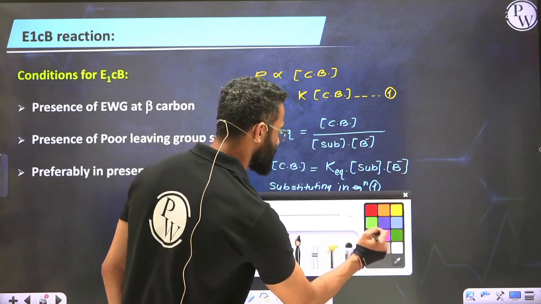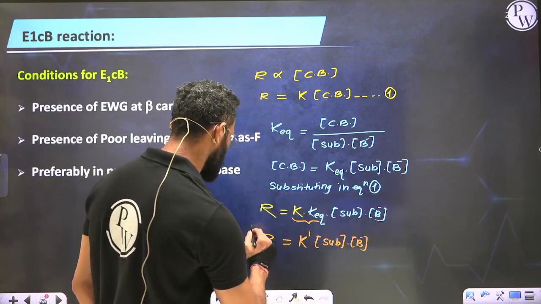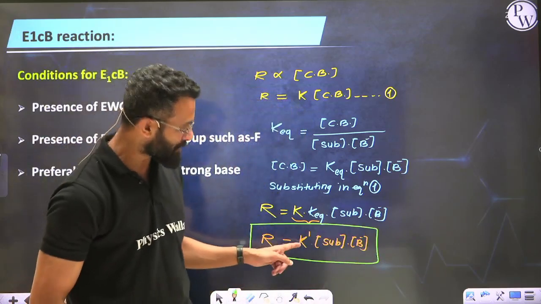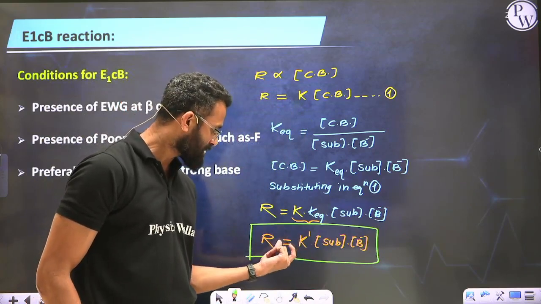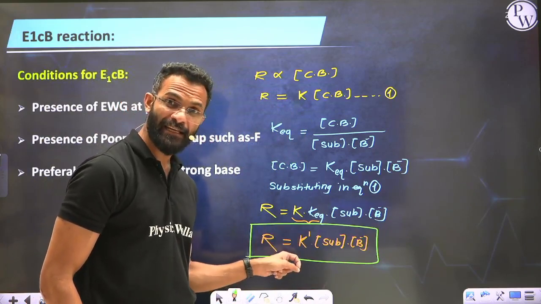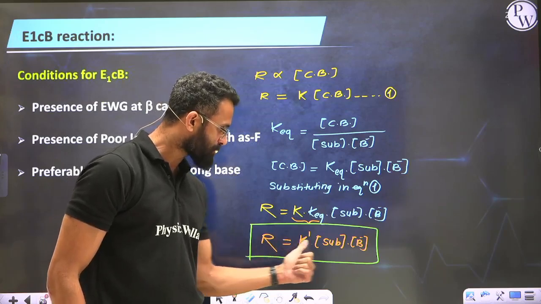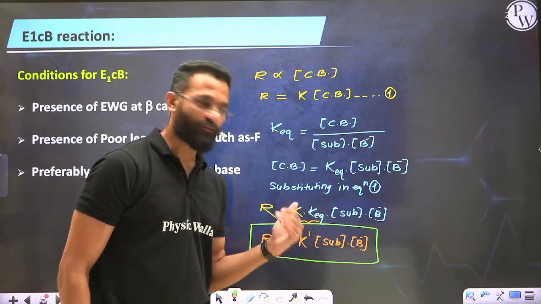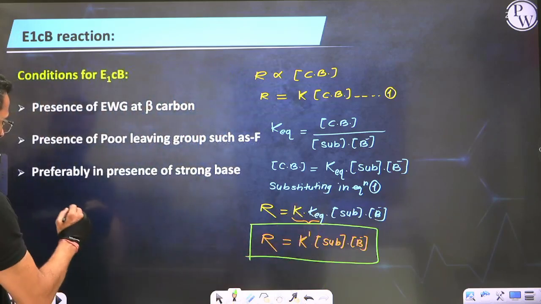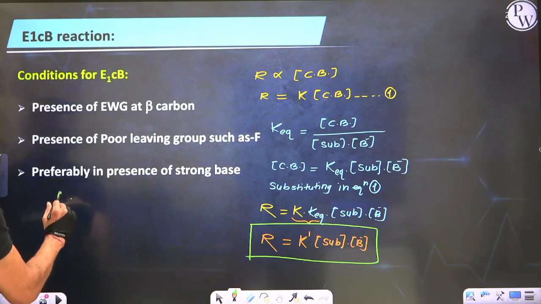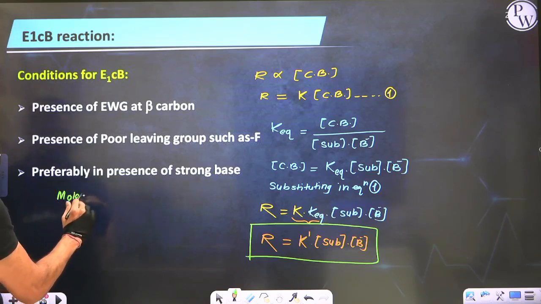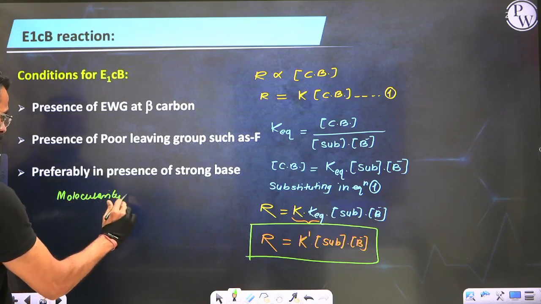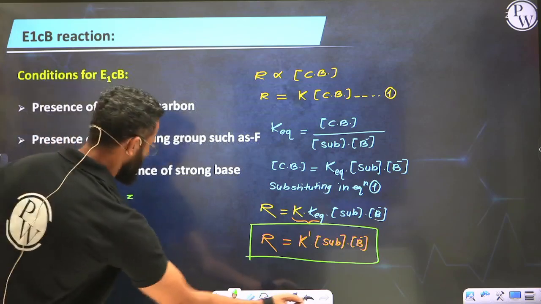So this is your final equation, or rate expression, which means the rate of E1CB is directly proportional to, if I convert this equal sign and constant into proportionality, I can say rate is directly proportional to the product of the molar concentration of substrate and a base. Now guys, if you talk about the molecularity and the order of reaction,